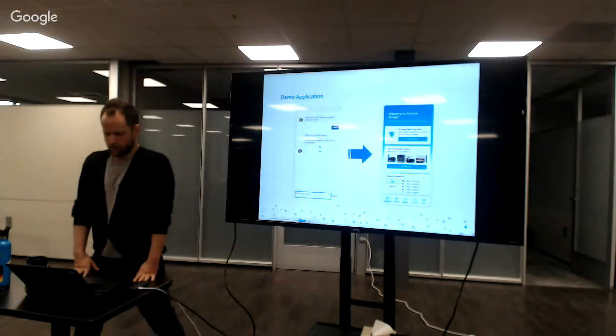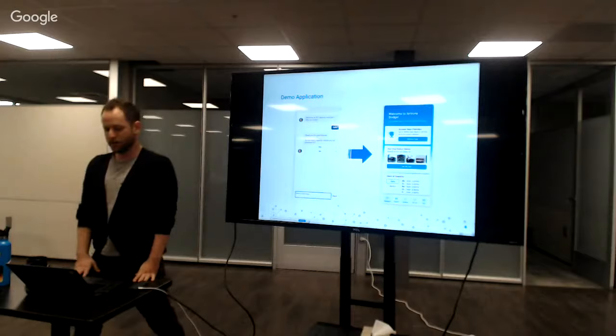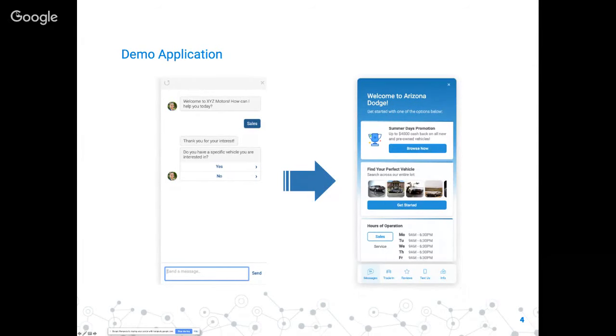So real quickly, I'll just show you, this is the demo application. So the app on the left is our initial chatbot product. It's pretty similar to like Drift or Intercom, if you guys have seen that. And then what's on the right is the rebuilt application. It's what we call an engagement panel. So the idea is it's got a chat system, but it also has kind of like an operating system based on cards, where each card is a self-contained React component that can present data and also be interacted with by the user. So it has form capabilities.